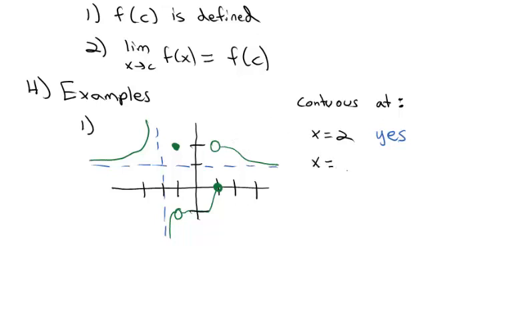Let's back up. What about 1? What is f of 1? Well, f of 1 is down here at 0. So, yeah, f of 1 is defined. It has a value. However, what is the limit, coming from the left side,